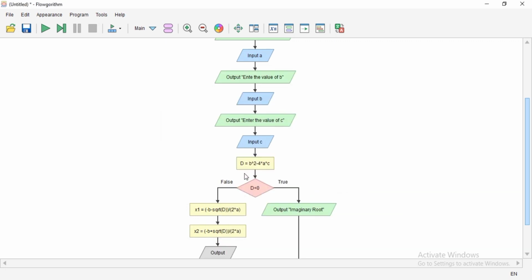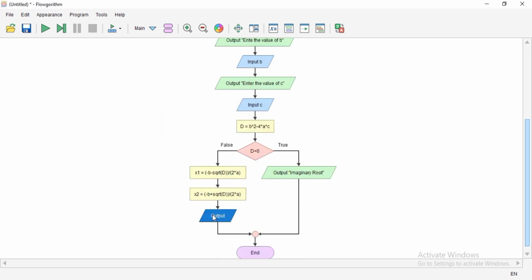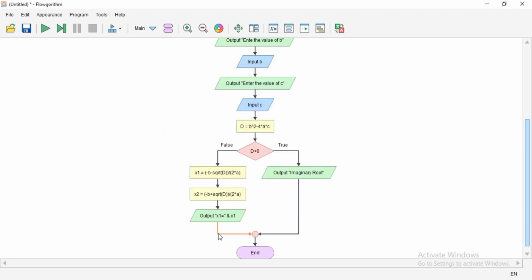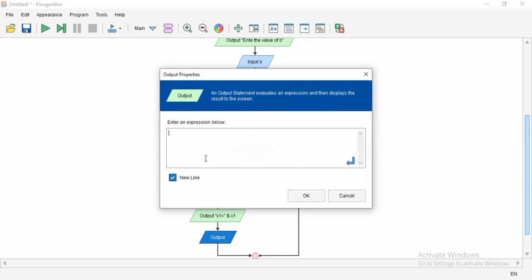Next, choose output, double click and type x1 equals and x1. Choose output again, type x2 equals and x2.